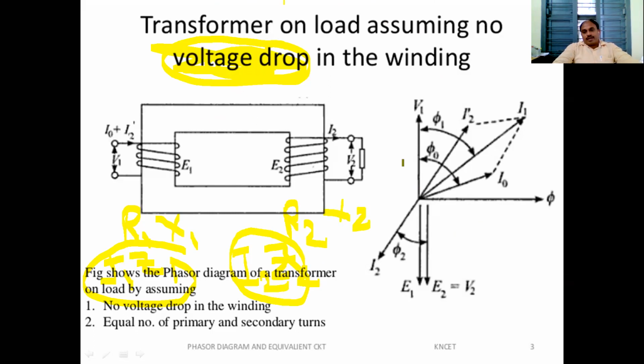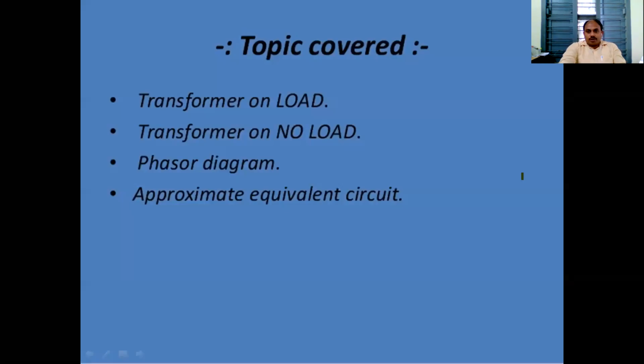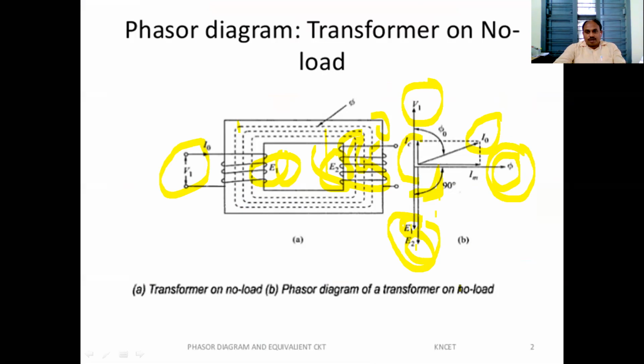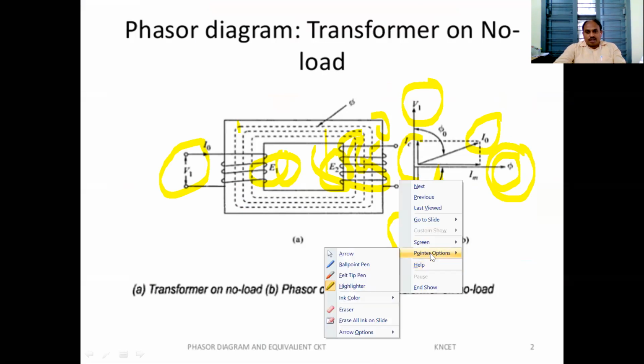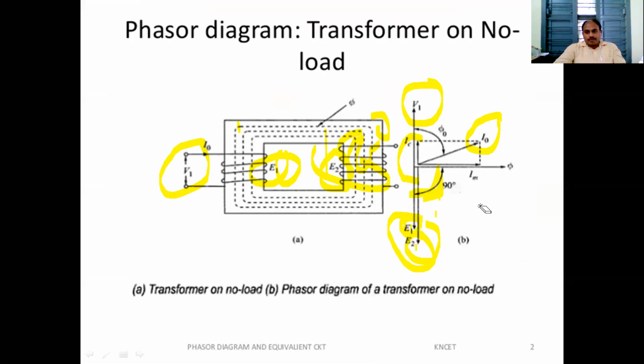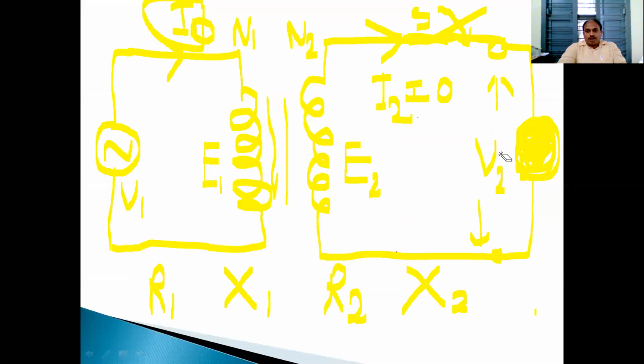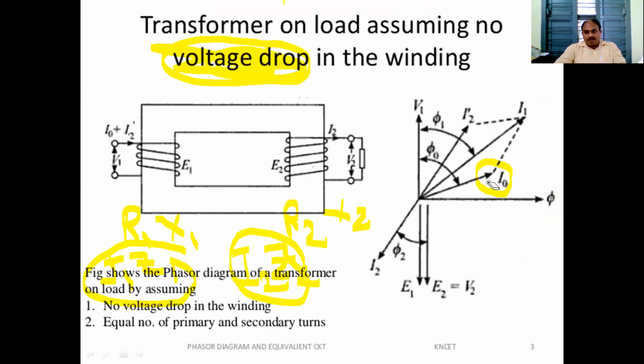If voltage drops are neglected in the transformer, this is the total no load current, the one drawn in the last case. This is the no load current I0 value. It always exists in any type of load. This I0 is constant always from no load to full load. In addition to I0, because an electrical load is connected on the secondary, I2 will exist. This is the I2 value.